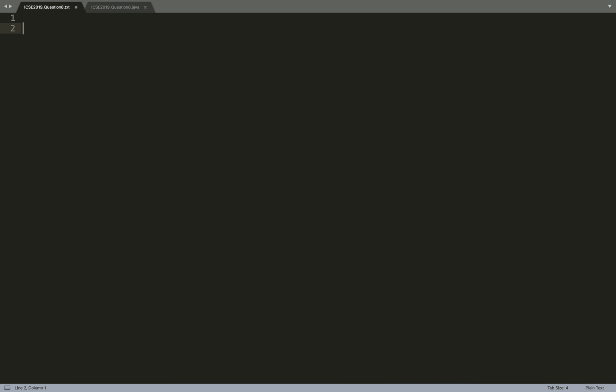So I'm going to create class ICSE 2019 question 8. Whenever I solve the pen and paper solutions, I always make a point that I write the code in a text editor so that I don't have the luxury of compiling again and again. I'm going to write it completely once, then compile and check if I wrote it correctly or not. So public static void main